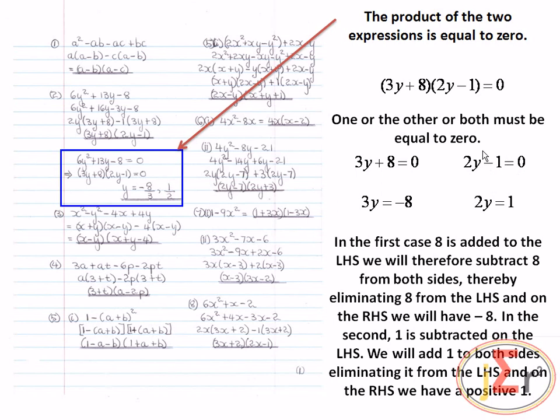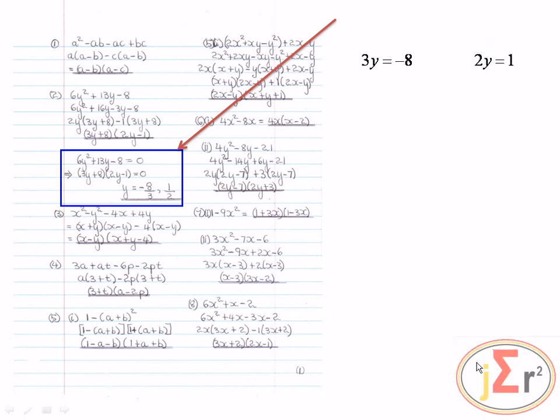The negative 1 will therefore be eliminated from that left hand side, and on the right hand side we will have a positive 1, as we have seen right here. So in the second one, we have eliminated that negative 1,